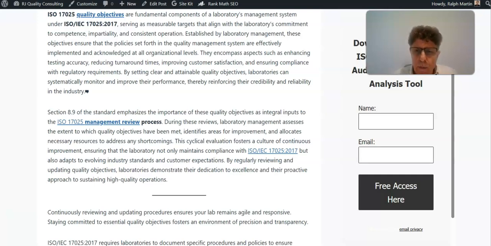I'm talking about measurable quality objectives, like we want to have 95% on-time delivery of test reports. That is a measurable quality objective. You either meet that or you don't meet that. And when you don't meet it, you take measures to improve. That's the whole idea of quality objectives: you implement improvement measures to meet or exceed your quality objectives. So, make sure you study section 8.2 of the standard, and also section 8.9 when it comes to management review,